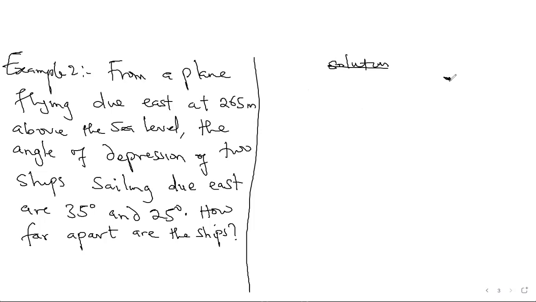So there's a plane, and you have the height above the sea level as 265 meters. Then the angle of depression of two ships sailing due east are 35 degrees and 25 degrees. Then you have two ships that are sailing on the ground level due east, like that. The angle at which you look at them will be